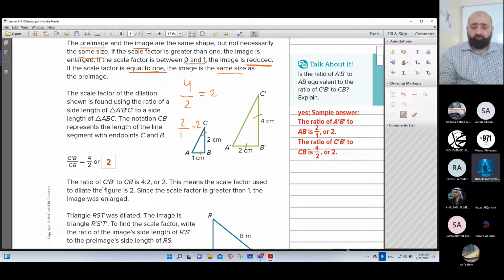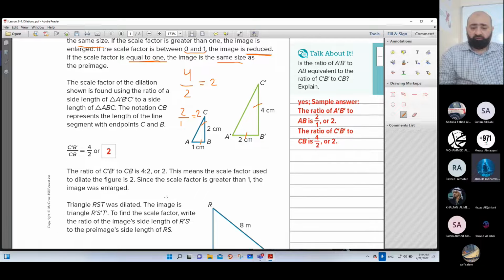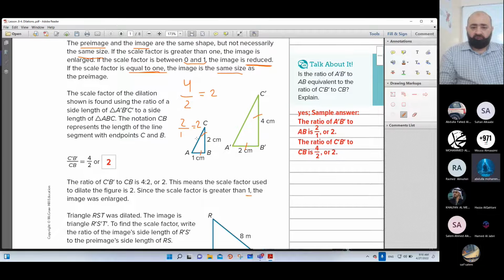The ratio of C prime B prime to CB is 4 to 2, or 2. This means the scale factor used to dilate the figure is 2. Since the scale factor is greater than 1, the image will be greater than the pre-image. So the name of this operation,